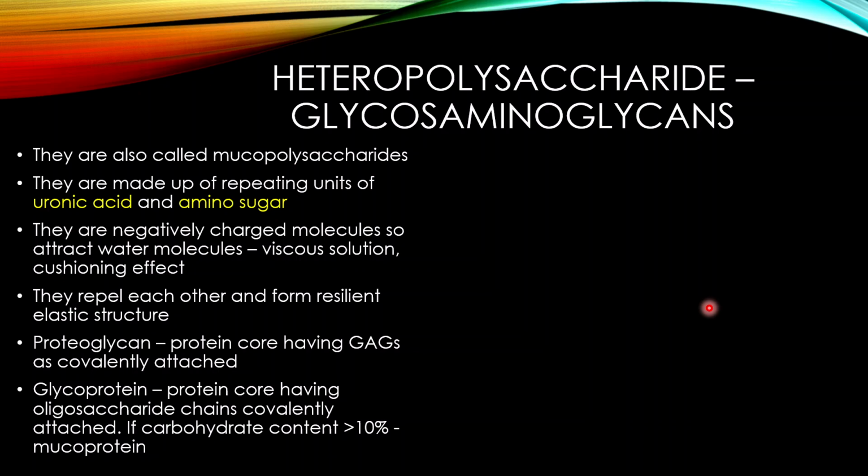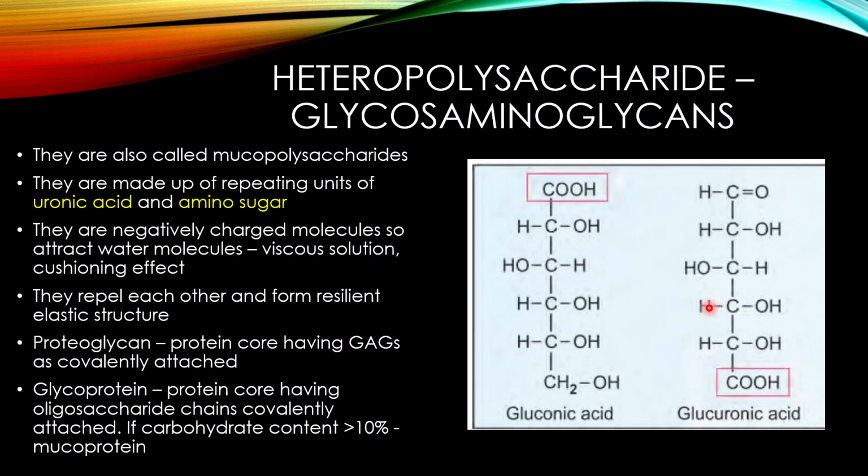Coming to heteropolysaccharides or glycosaminoglycans. Heteropolysaccharides are also called mucopolysaccharides. Okay, so they are made up of repeating units of uronic acid and amino sugar. Now, what is the uronic acid? Now, if you look at this